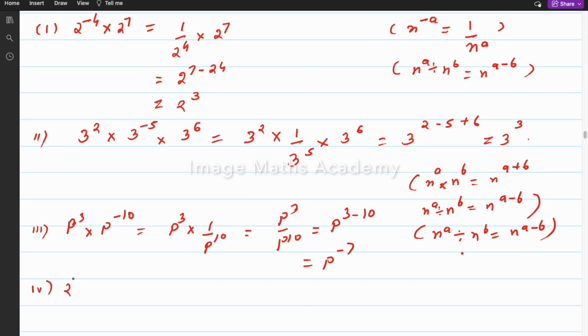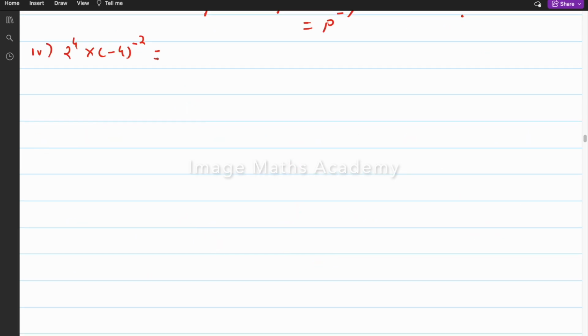Fourth one, 2 to the power 4 multiplied by minus 4 to the power minus 2, which is equal to 2 to the power 4 multiplied by, power minus है तो you can write it as 1 upon minus 4 to the power 2, which is equal to 2 to the power 4 multiplied by 1 upon minus 4 to the power 2 means 4 का power 4 square is 16 and even number है power में, so positive, so 1 upon 16,